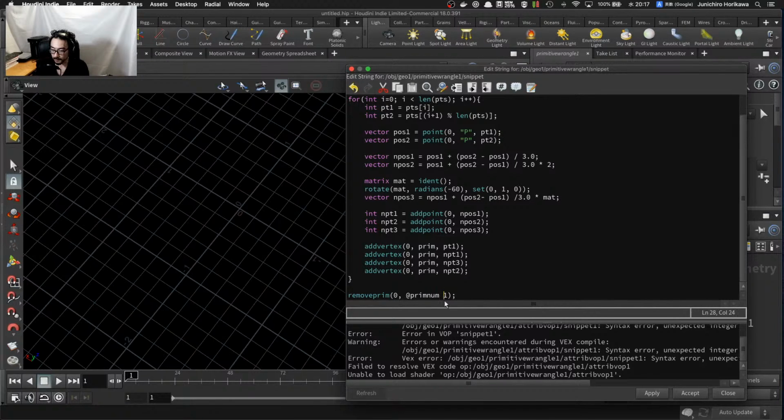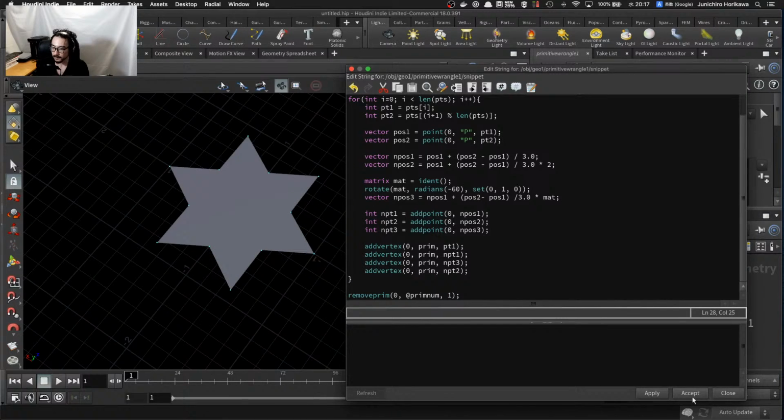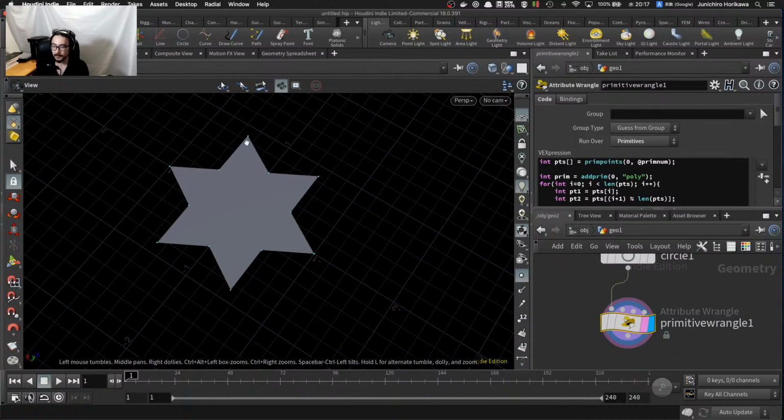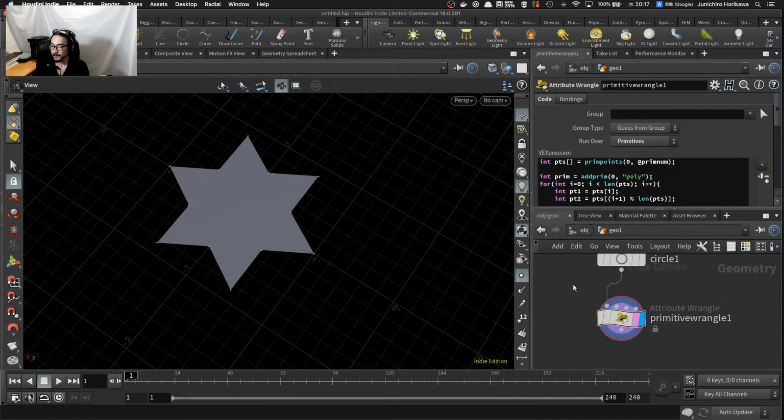Remove. Okay, I needed the comma. Right. Okay. Now I have only one primitive here with one iteration of this fractal shape. Now, in order to make it more iterative, using the same operation again and again, so that it will be a more complex fractal shape, you need to have